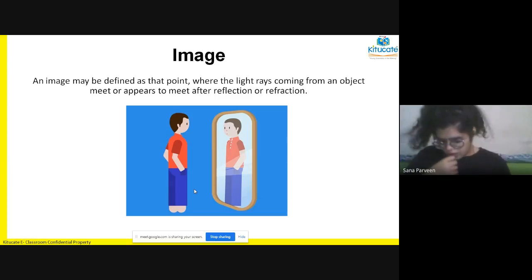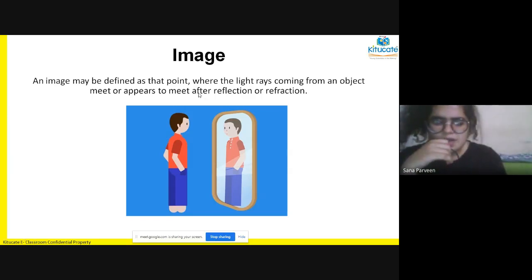Okay, so we extend the reflected rays behind the mirror. So for example, now the rays are reflected like this. Okay, the rays went upwards. Okay, in the air the ray is going. Now when I take the ray and take it behind the mirror, all the rays, when I bring them, so one ray was getting deflected from here, another ray was getting deflected from here, from the bottom. When I combine all the rays, I form an image.